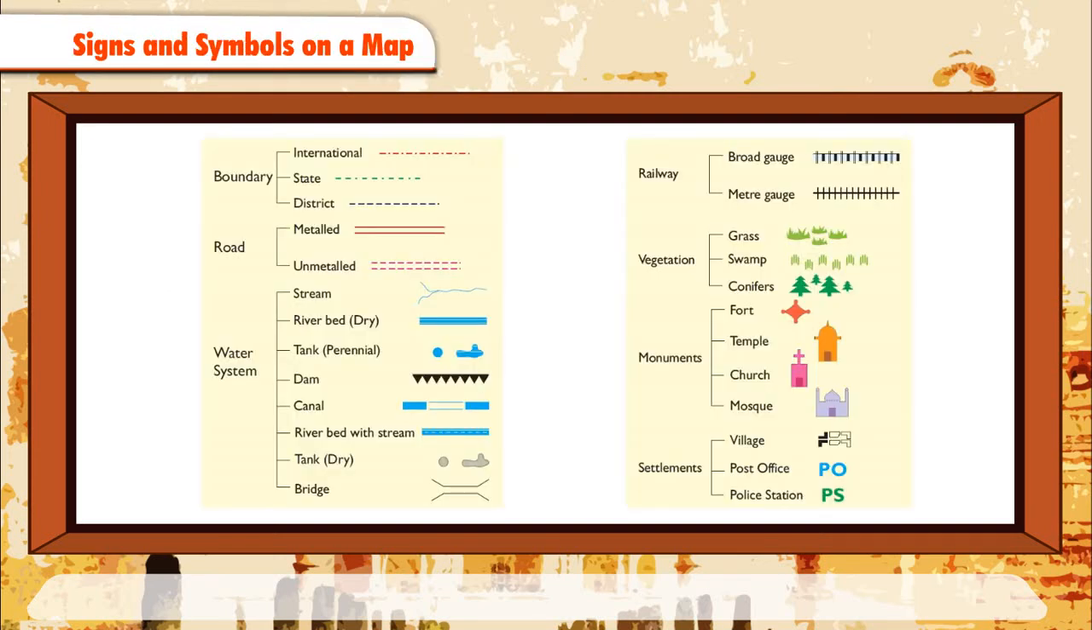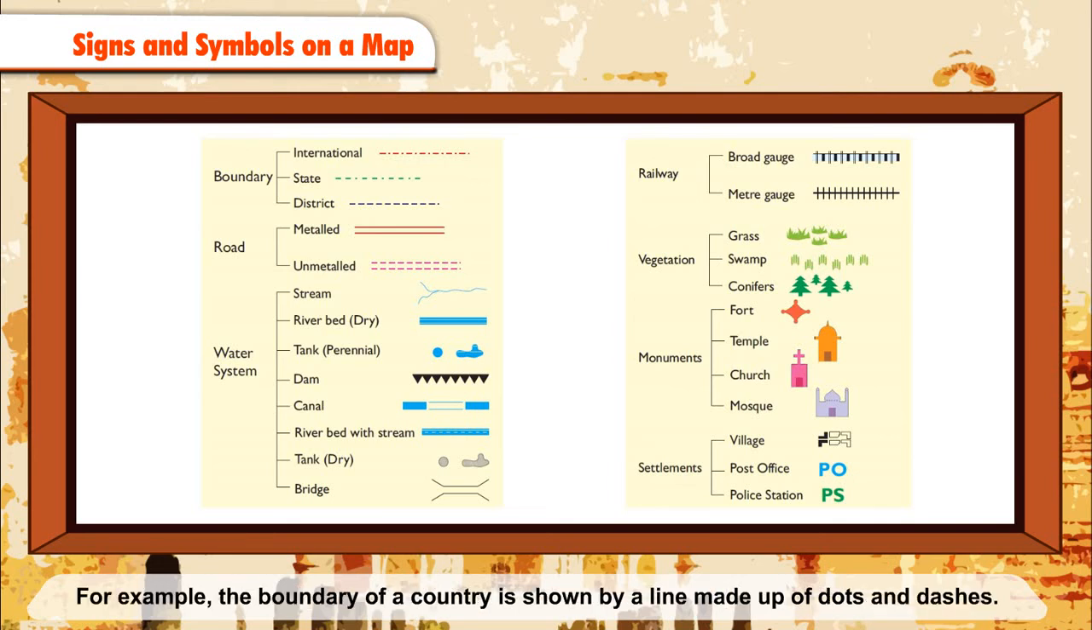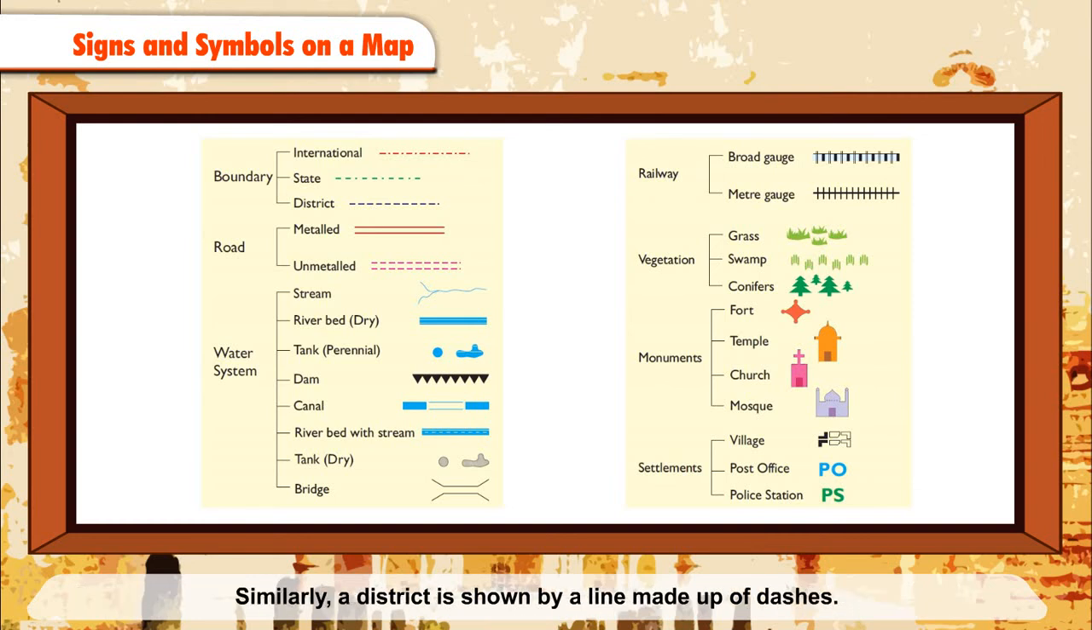Signs and symbols on a map. Various signs and symbols on a map stand for different objects. For example, the boundary of a country is shown by a line made up of dots and dashes. Similarly, a district is shown by a line made up of dashes. One must know about these signs to read the map correctly. Special symbols are also used to show distribution of crops, minerals, industries, dams,